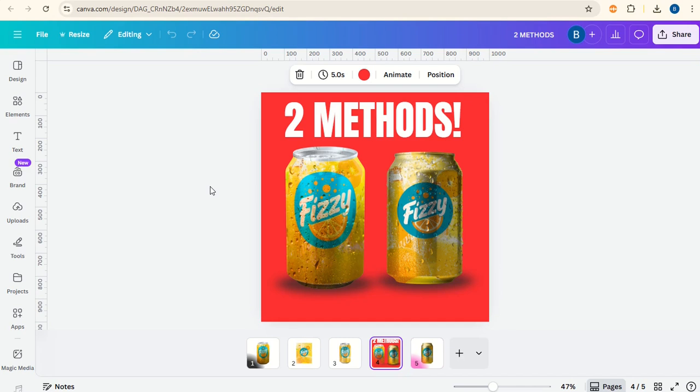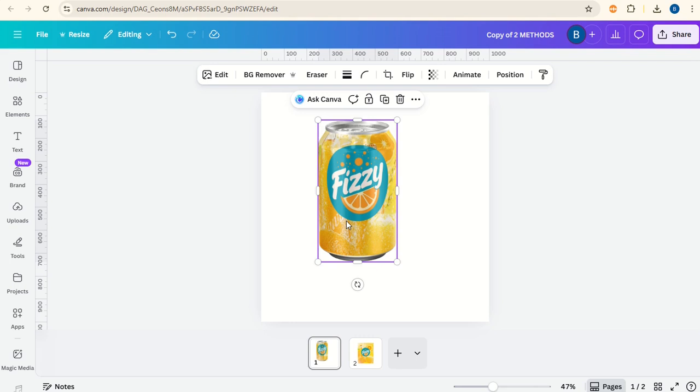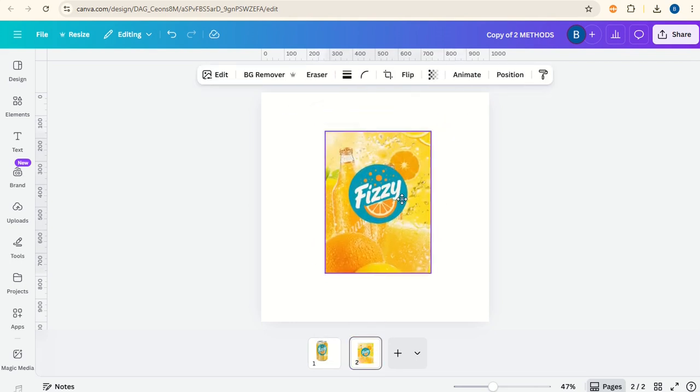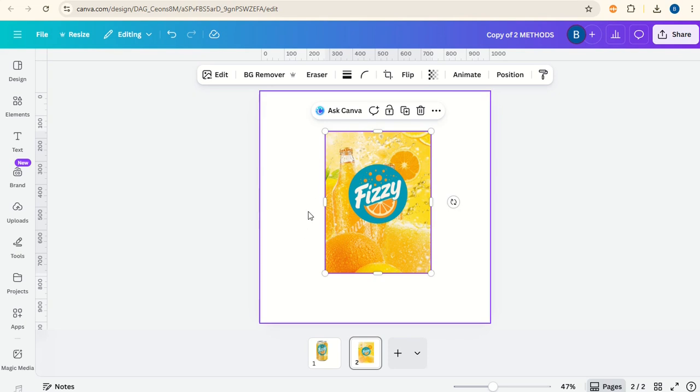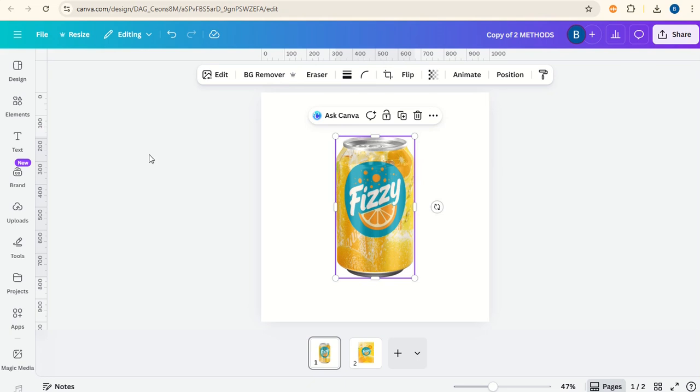Today we're going to look at two methods for creating a wet can effect in Canva. The first method is going to be when we have the can but not the wet effect, and the second method is going to be when we have the picture to go on a can and we want the can ultimately to look wet. So for this first one here, when we already have the can,